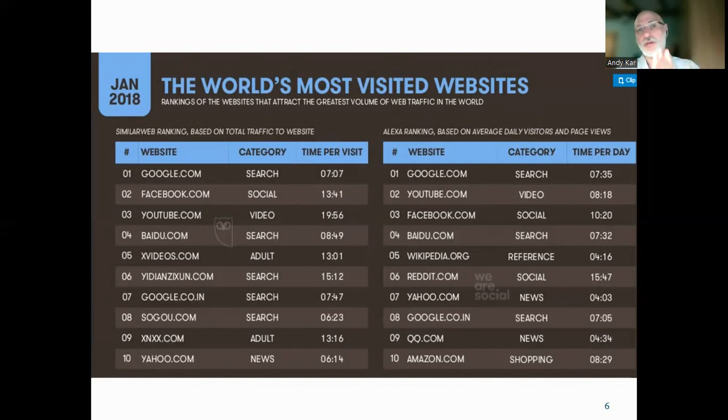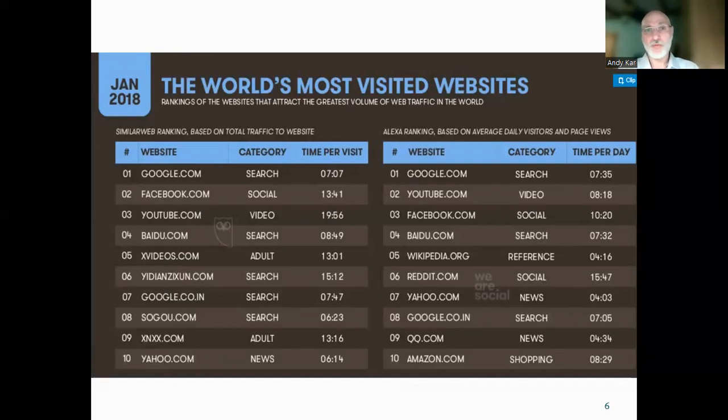Here we have 2 rankings in terms of the world's most visited websites. The first one has as a source SimilarWeb, which is a page that we can use. You can visit it on the internet. You can get insights in terms of the digital marketing that specific companies use online. So you can see how many people are visiting their pages, what their bounce rate is, or other key performance indicators that we can use in terms of digital marketing in order to see how well our company goes online.